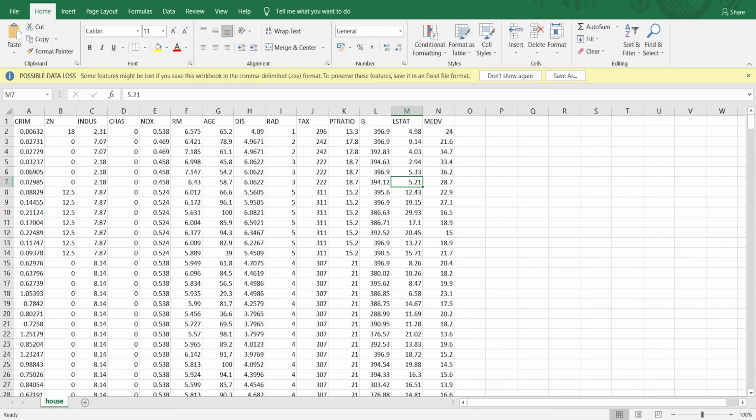We will work on the housing dataset, which contains information about the houses in the suburbs of Boston. This is our dataset here. There are a total of 506 samples and 14 columns. The goal is to predict the median value of the house, and this is our target column MEDV. MEDV is a target variable, that is the variable that we want to predict using our independent variables.